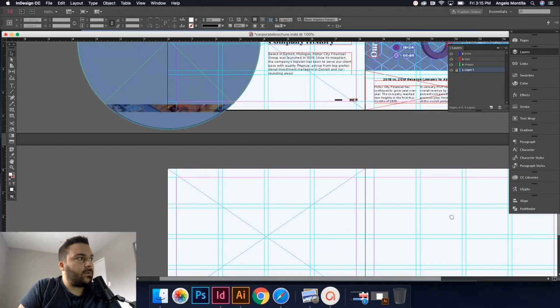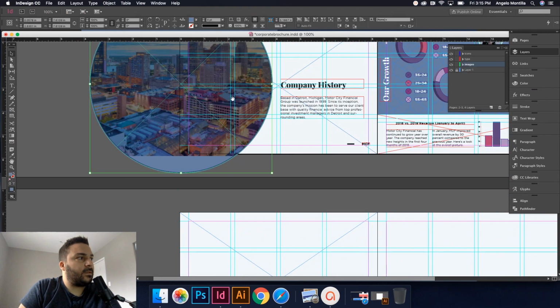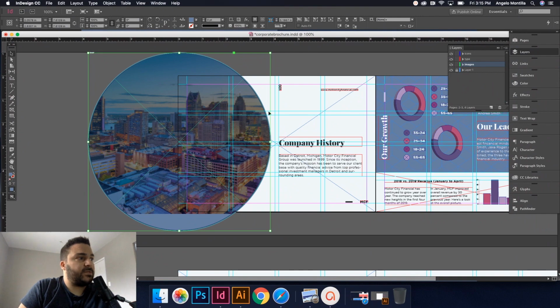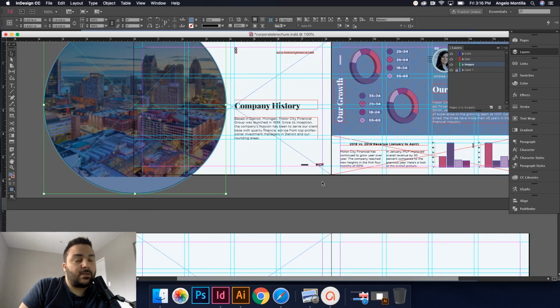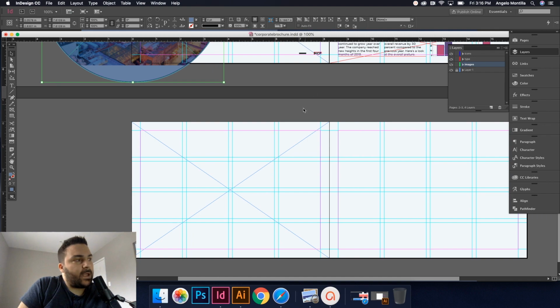First thing I want to do now is let's create this. Let's bring in this image of Detroit. So this company that I've created, again, it's just fictional. Based in Detroit, Michigan, Motor City Financial Group was launched in 1999. So it's just some information, some background info that I've just made up. Okay, so these are typical things that you would see in a corporate brochure. So by all means, just come up with this stuff by yourself and play around and add it to your